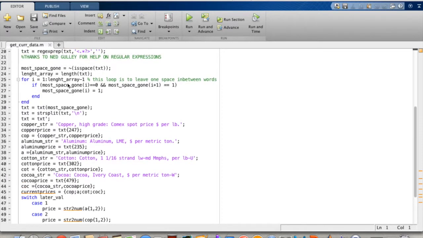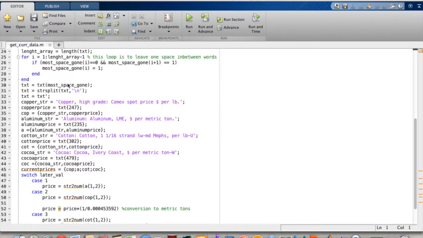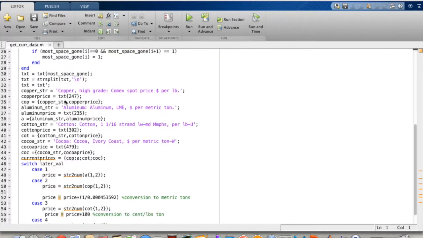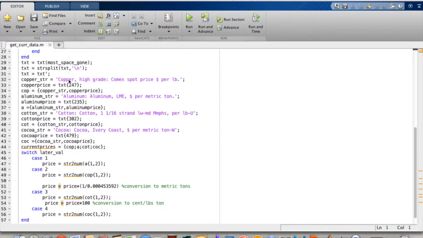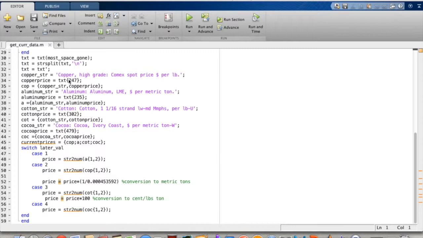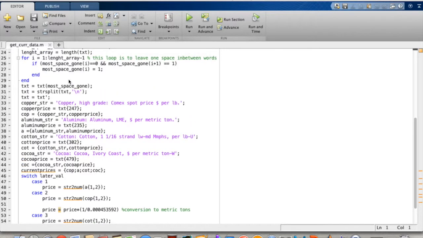All the text in the URL is converted to a string, and basically we have indexed the prices and put them all in a cell. And the final cell contains all the current prices of the individual commodities. And that's essentially it. And so the 4 commodities we are comparing are copper, high grade, aluminum, cotton, and cocoa,